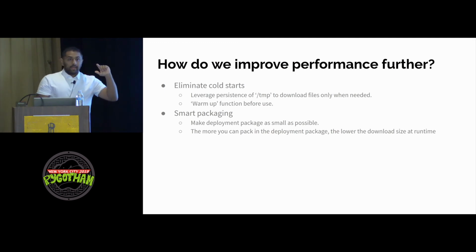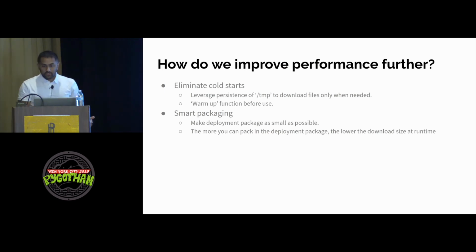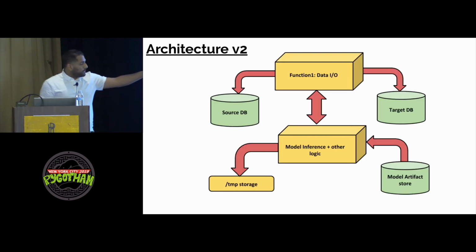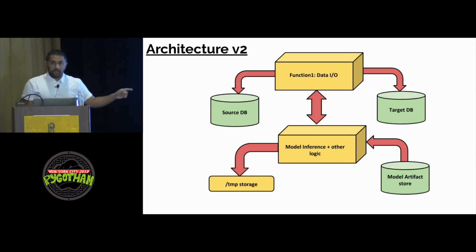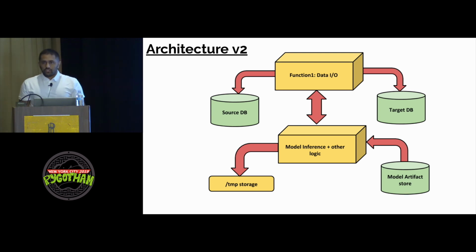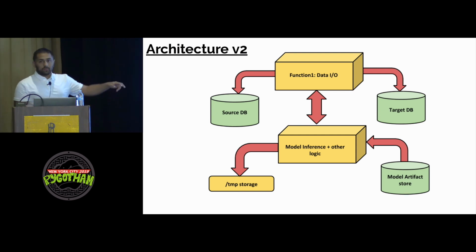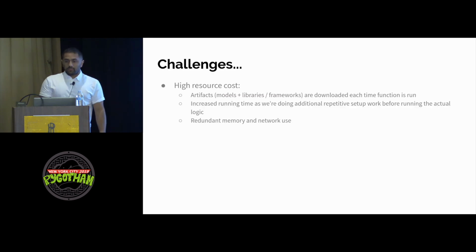So in this architecture, if you call function 2 1 billion times, it's not going to download it 1 billion times, because the container is warm. So it's already accessible to the local code. If you can build in logic to not download it so many times, you're saving substantially over 1 billion calls. You're saving 1 billion times whatever 3 or 4 seconds it takes to download it over the network, right? So that is one way in which you can optimize.